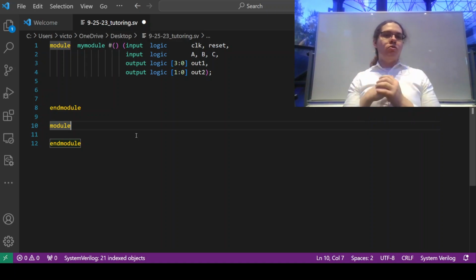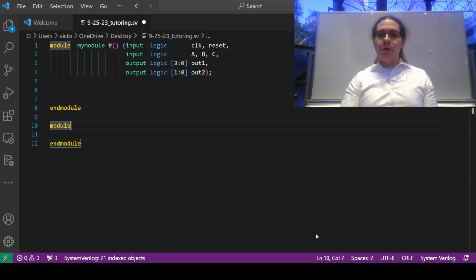So let's do, say, an example circuit that we can do structurally. So I'll go ahead and draw something up on the board, and I'll then code that up in Verilog structurally. So let's say